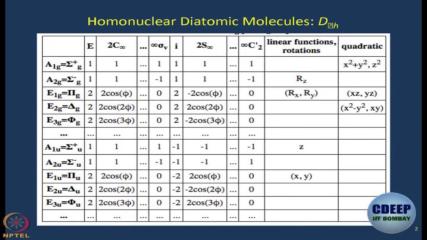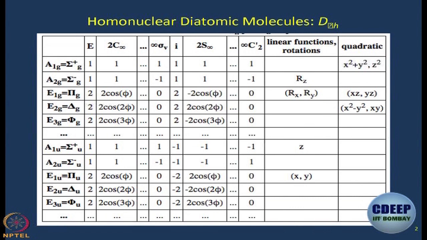And then next we come to the two dimensional representation. This one, 2 cos phi, means it is still kind of symmetric with respect to the rotation, and it is symmetric with respect to I. How do you get 2 character? 1 and 1 along the diagonal. So, x remains x, y remains y, that kind of a situation. So, it is E1G, instead of that you call it pi G. Instead of E2G you call it delta G.